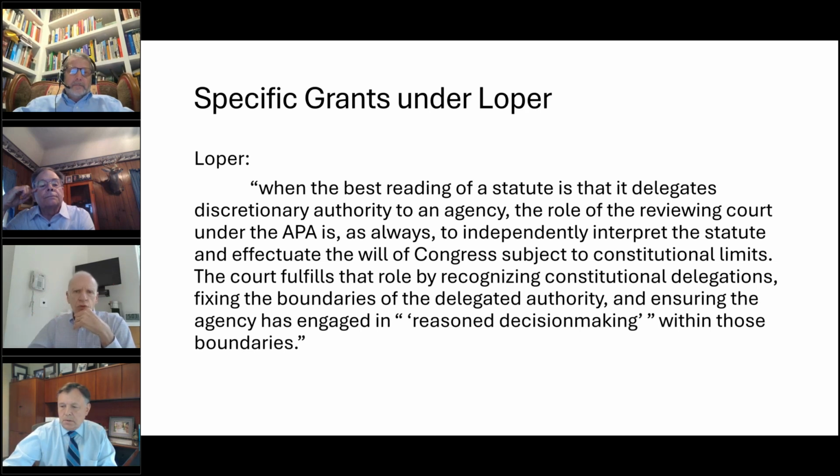In fact, when Jonathan first raised with me the split dollar regulations, what is it, 61-22, I think it is, right, Jonathan? Right. When Jonathan first asked me about that in light of Loper, the first question I asked, and that we looked at together, if you recall, Jonathan, was, is there anything in section 61 that makes a specific grant of authority? Because you see where my thinking was. I want to know right up front, at the outset, what am I dealing with? Am I dealing with a Skidmore challenge, or am I dealing with this paragraph in Loper? Because this paragraph says, hey, Skidmore no longer applies in this context. Is there a delegation of discretionary authority to the agency?